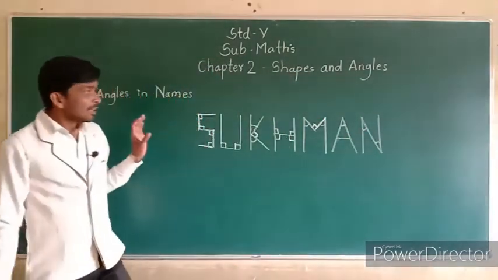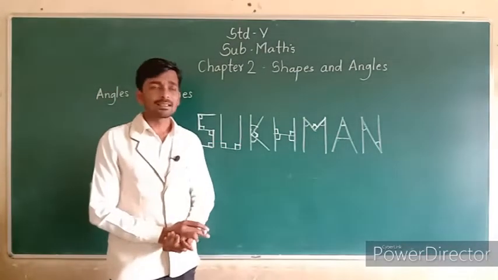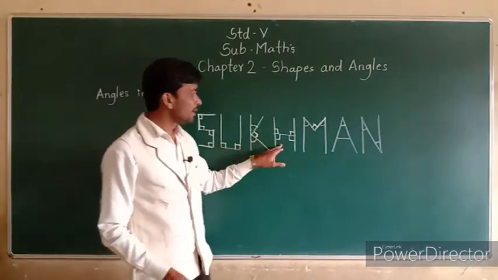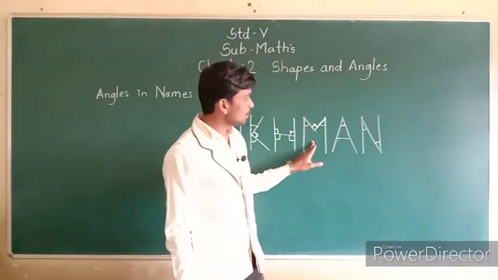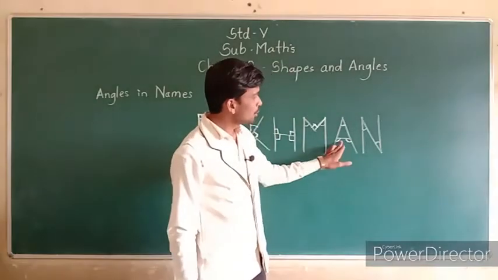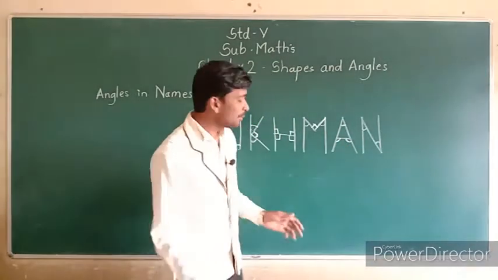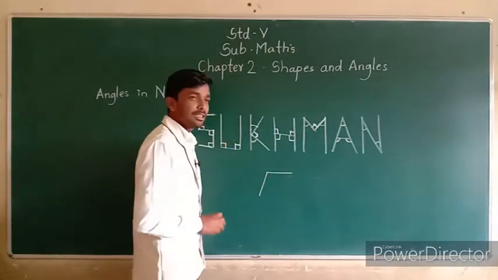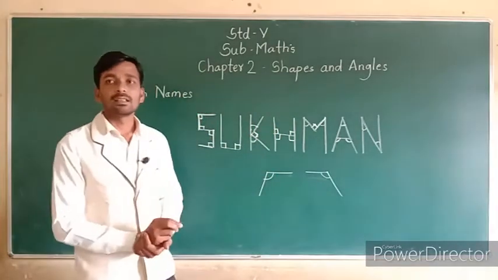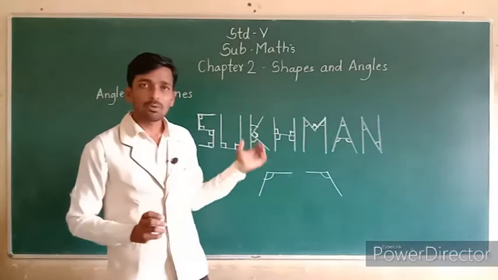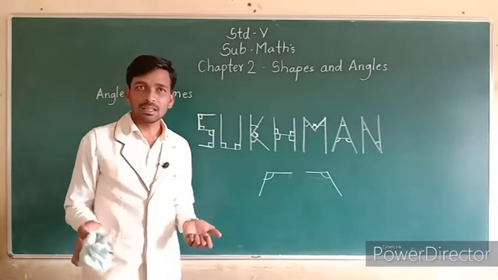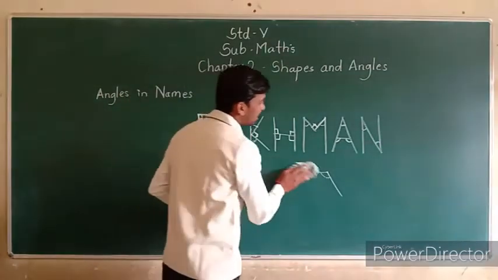Okay, and in this name, how many more than right angles? Is there any more than right angle here? No. Here no. Here also no. Here there are two more than right angles. These two are called more than right angles. Why? These are looking like this. So this is called more than right angles. All of you understood how to calculate right angles, more than right angles or less than right angles? So you can do that. You can complete that table. Okay.